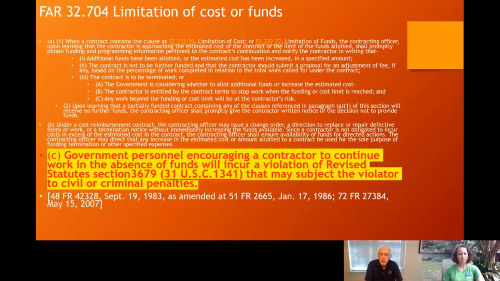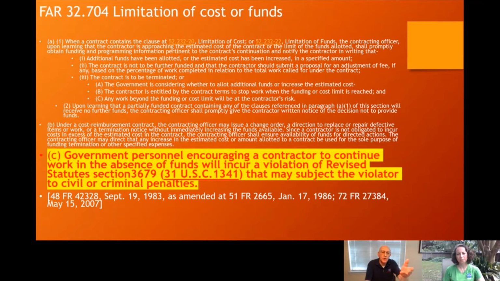But the clause says, if you reach a given percentage of the amount that we've allocated to the contract right now, and it's usually 75%, sometimes it's 85%, you are required to notify us in writing that you're reaching the limit, and then the government has the obligation to do one of two things. We can either send you more money or we can terminate the contract. The quid pro quo for all of this is that the clause specifically says that the contractor is not obligated to perform beyond the funding or the time that has been laid out under the clause, and the government is not obligated to pay any more than the amount that's already on the contract. That is the amount that's been funded.